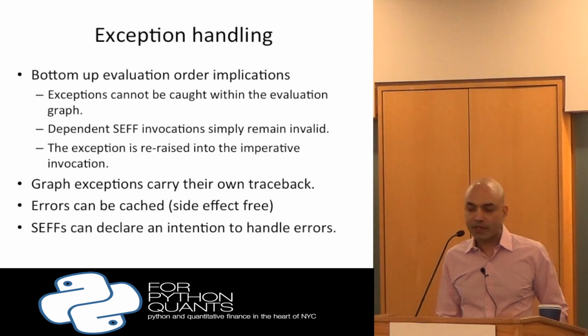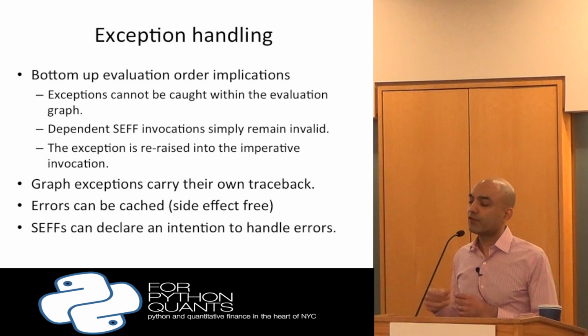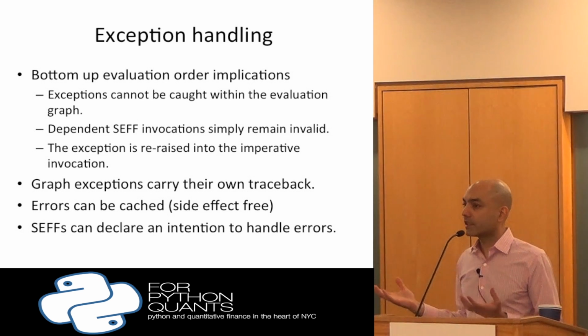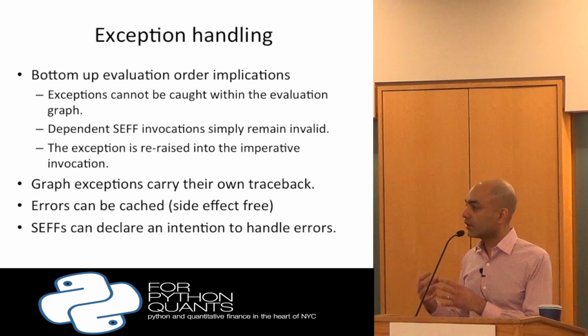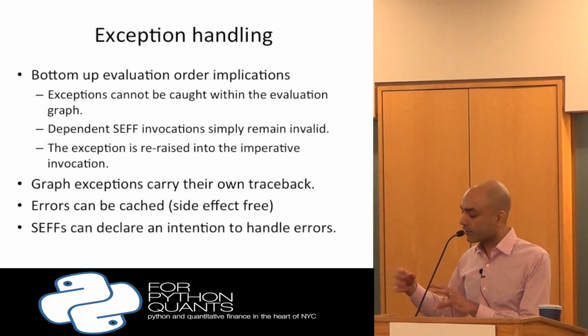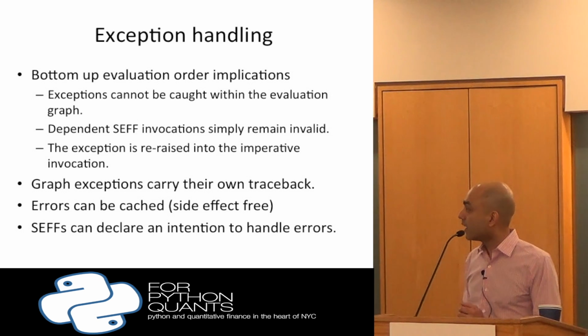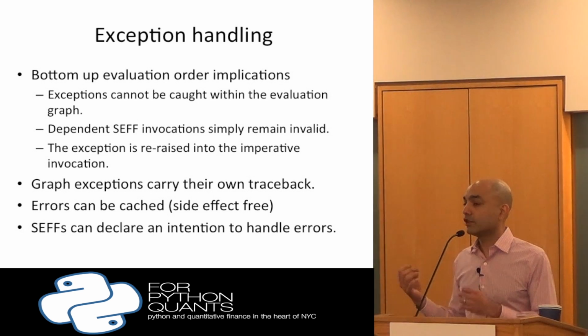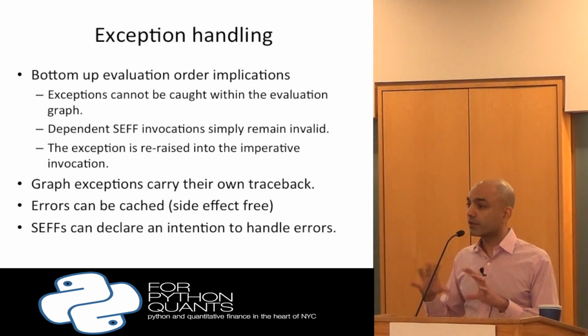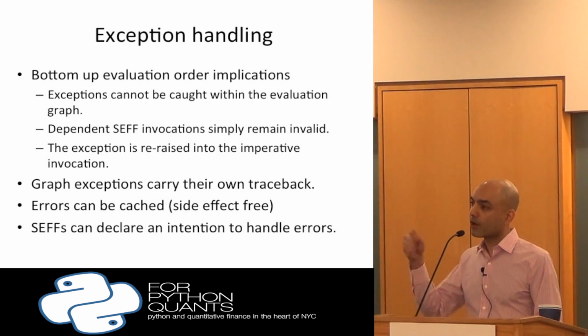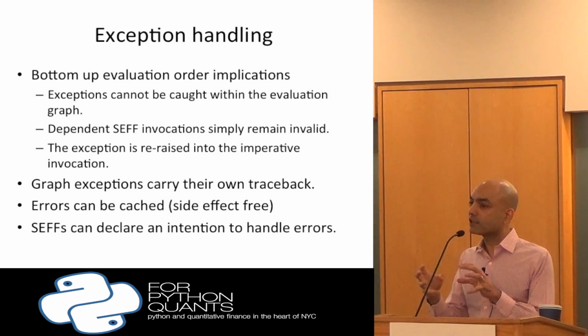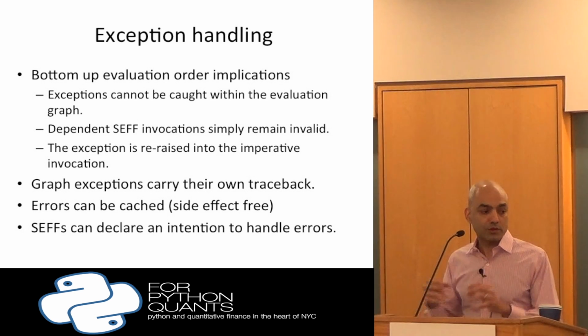We also get a couple of implications on exception handling. Again, if you don't actually call a function until its inputs are satisfied, and you throw an exception, you can't catch it. If you throw an exception in a function that you call, you can't catch it in your function, because your function hasn't even been called yet. So basically what this means is that you still get an exception, and if you have plain old imperative Python, the exception will be propagated back to it. You just can't catch it within one of these pure functions.